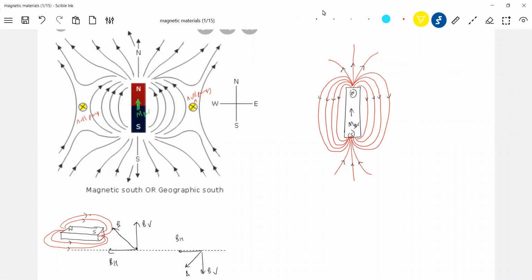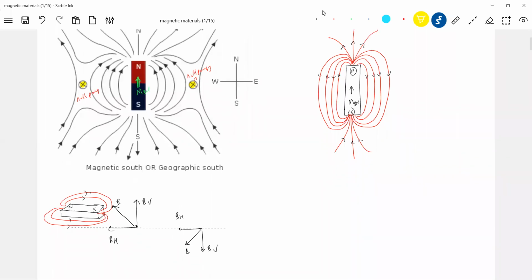But sir, what about the vertical component? Okay, let it be, I'm not bothered. I'm interested only in getting that BH. Null in the sense that the resultant of B bar due to the bar magnet and the horizontal component will be nullified here. The vertical component, let it be there. Here, the vertical component of the magnetic field will be into the plane. We are not showing that one.